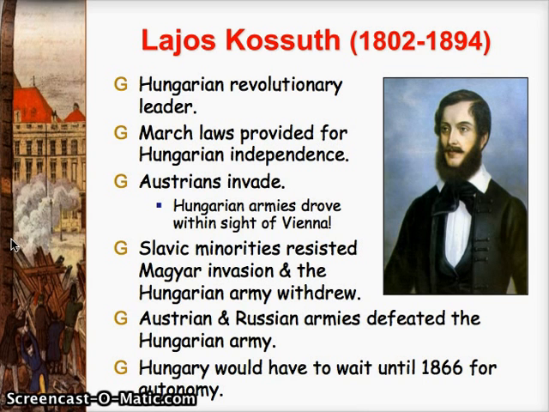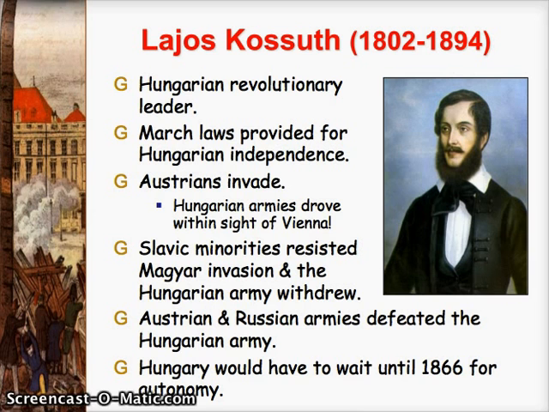All right, so basically what the Hungarians find is that when they try to govern themselves, they really cannot sort of unify the minority groups that exist within the Hungarian nation. So just like the Austrian Empire as a whole, Hungary itself was not completely unified, and there are a series of minority groups that exist there. So the majority group in Hungary were the Magyars. But you also have the Slavs living in Hungary, and this minority actually is very upset with the Magyars trying to establish independence in Hungary, and eventually this is going to cause the Hungarian army to withdraw from